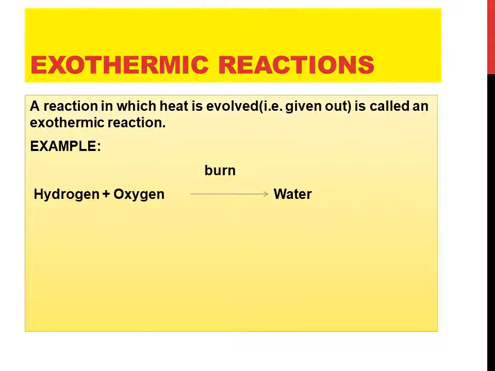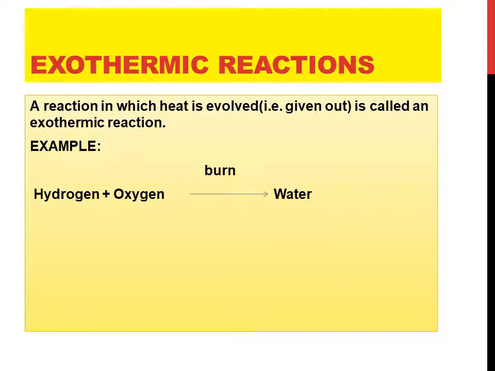Remember, unlike an endothermic reaction, an exothermic reaction once begun always reaches its completion. As much heat is evolved as required for the reaction to go on. Thus, once it starts, burning continues on its own. So once you have initiated the exothermic reaction, it continues to go on until it reaches its completion point, while that is not the case in an endothermic reaction.